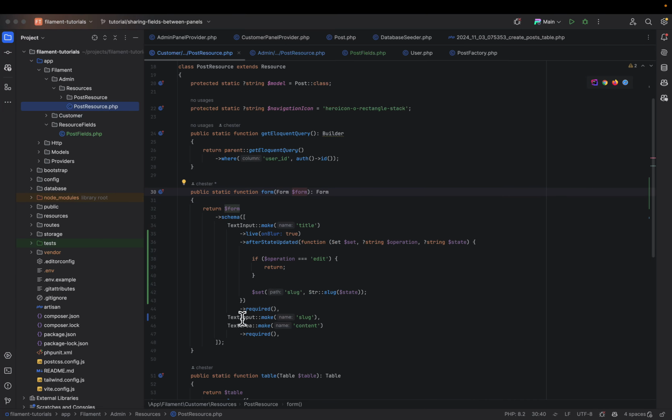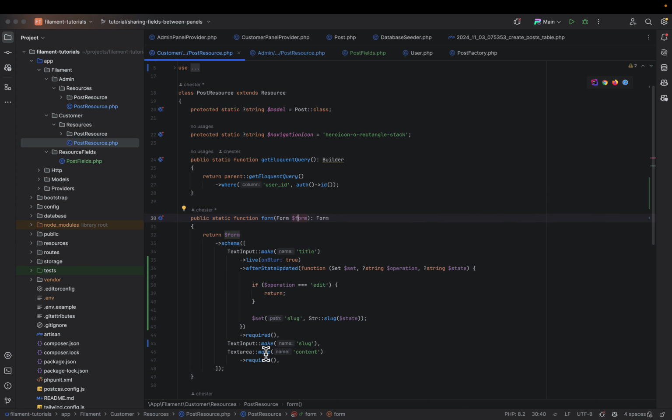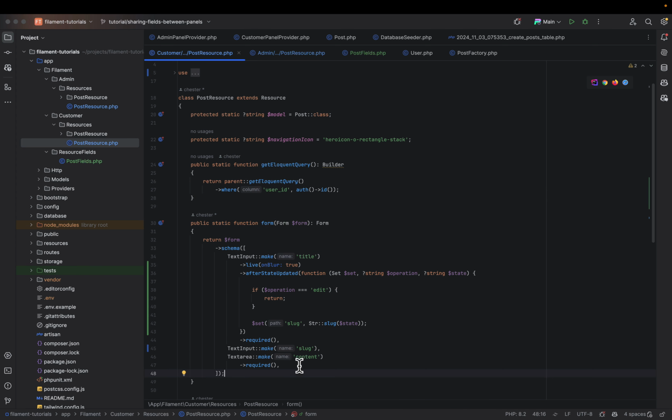Hello everybody, I just want to show you what I do to share fields between resources. So what do I mean? I have an admin panel and a customer panel, and they both have a post resource and they are both using the exact same fields. So what I do is I get rid of all of this